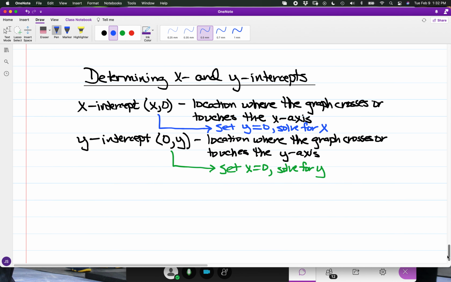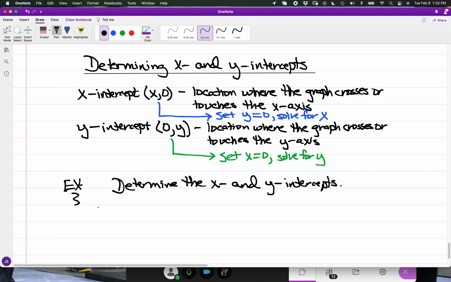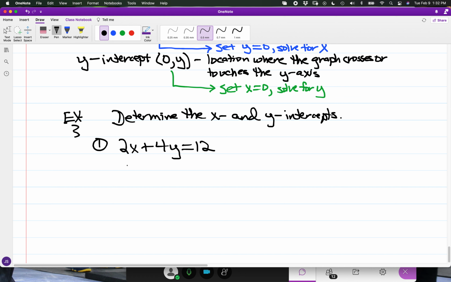And just a couple of cases here. If you're looking at determining the x and the y intercepts, as the first case, we'll have a linear equation, 2x plus 4y is equal to 12. So if we look for the x-intercept first,